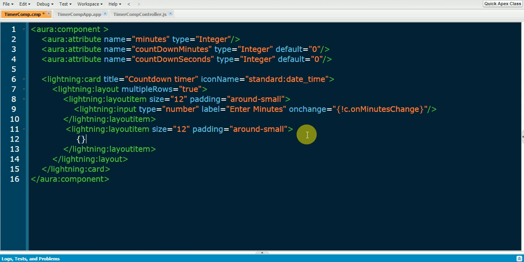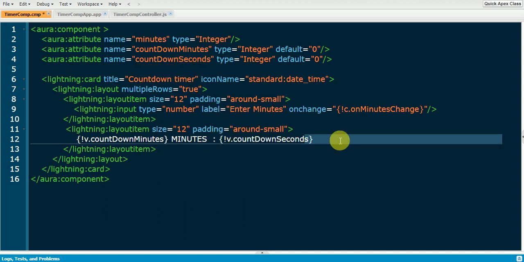I'll just print these values here. V dot countdown minutes, which will indicate the minutes for me, and also similarly seconds, countdown seconds.